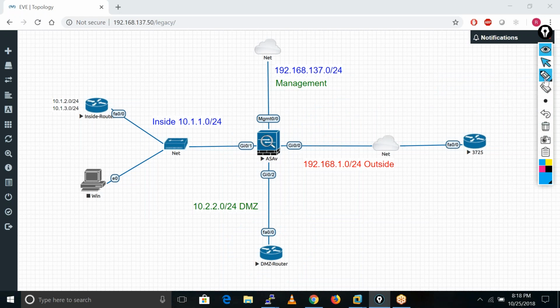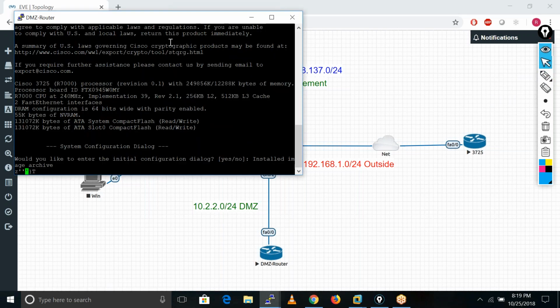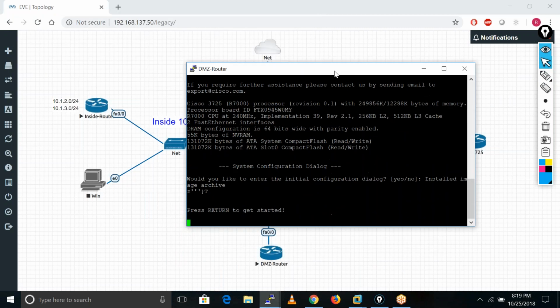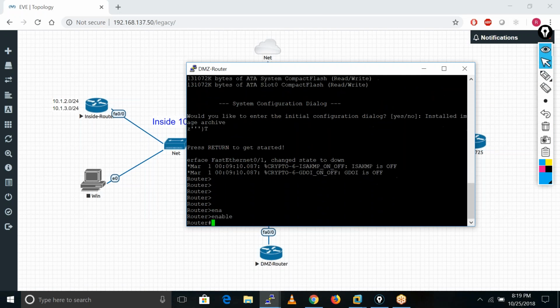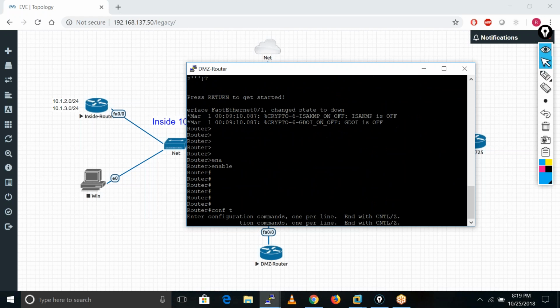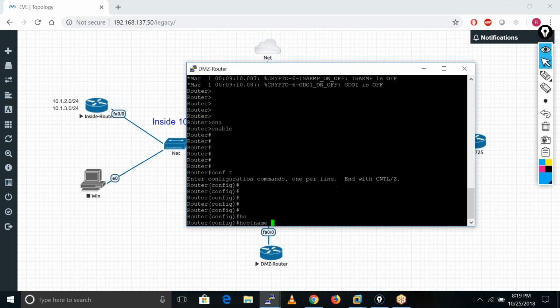So let's configure our DMZ server first. Okay, static DMZ server.